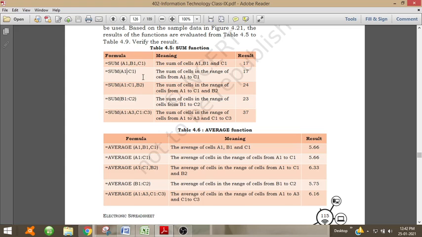Then if we want to add cells from A1 to C1 and we want to add another cell value, that is B2, we can give it as A1 colon C1, that is all the cells from A1 to C1, and another cell value of cell B2.